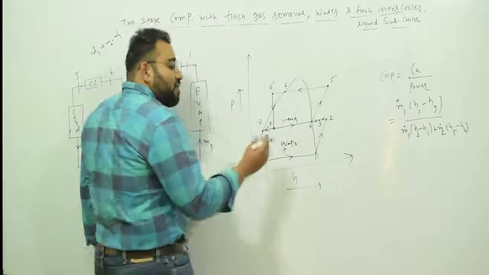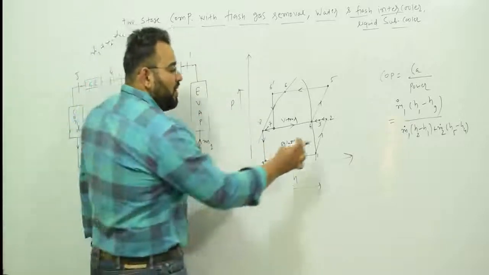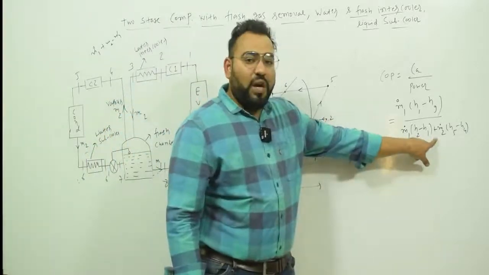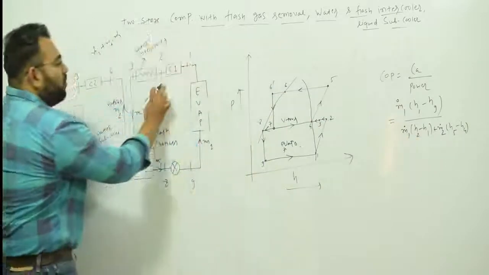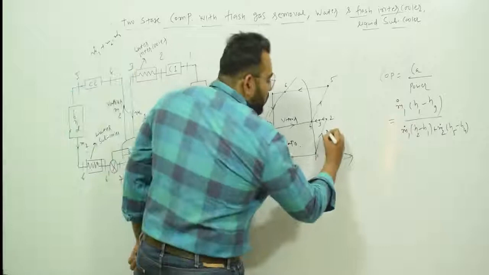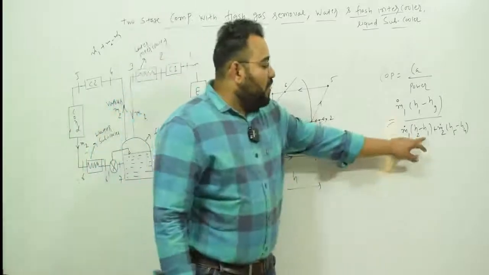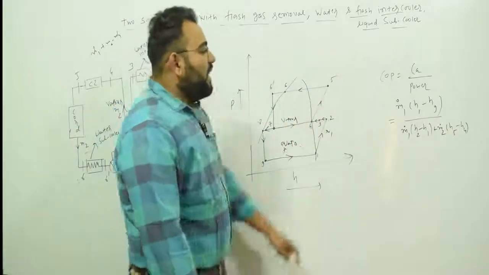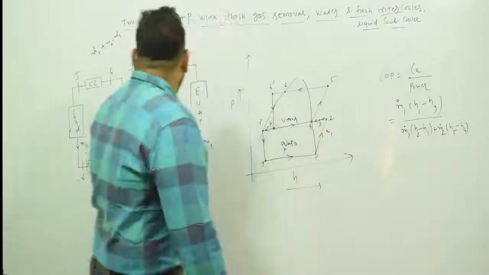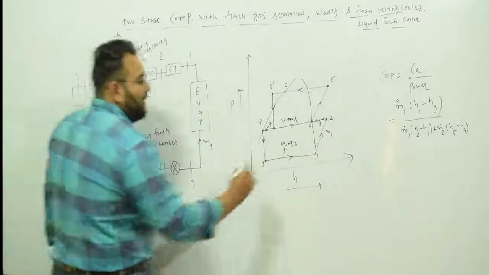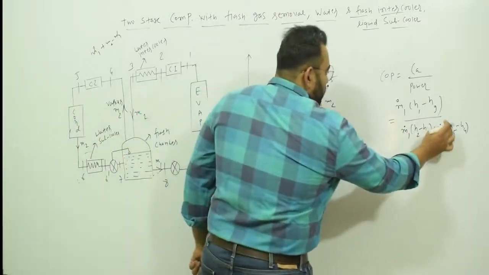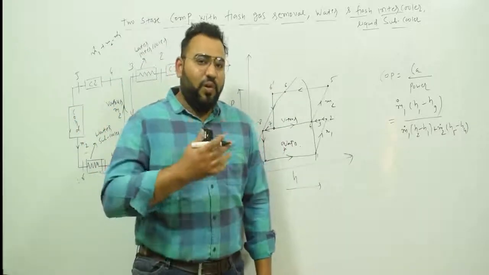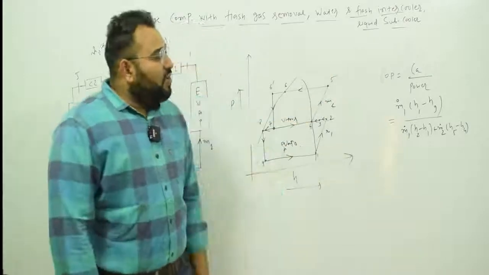We know that power means mass flow rate into compressor work. Here two compressions are there. First, 1 to 2 compression. So compression will be H2 minus H1 multiplied by mass flow rate. We know that in 1 to 2 the M1 mass is circulating, so multiply by M1 dot, plus the second compression, which is 4 to 5. Compression work will be H5 minus H4 multiplied by, in 4 to 5 the M2 mass is circulating, so it will be M2 dot times H5 minus H4. Why M2 dot? Because it shows mass flow rate in kg per second. So this is the equation of COP.